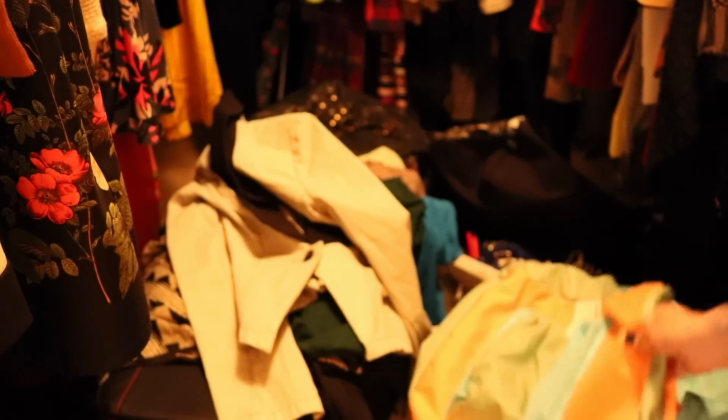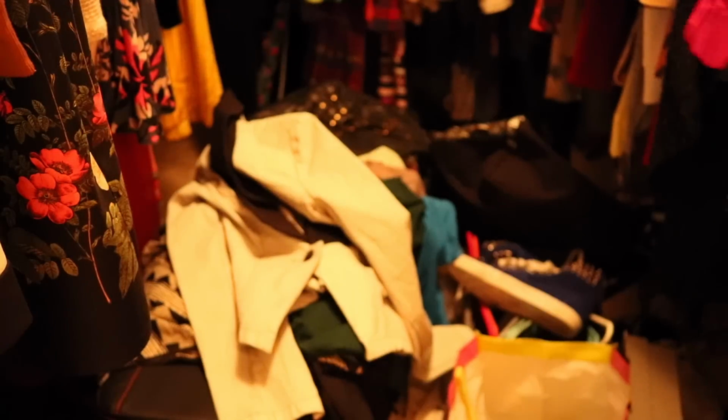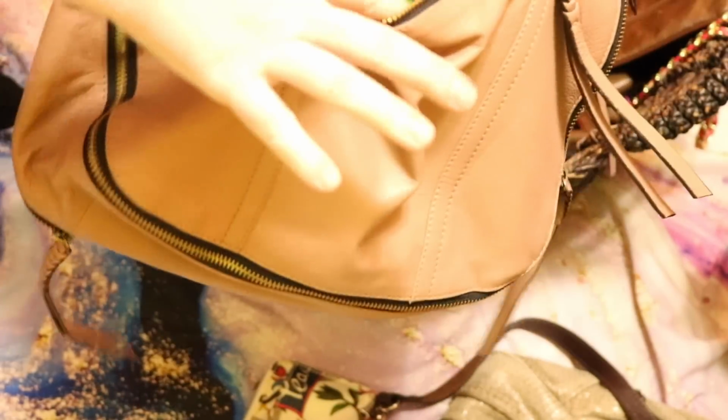Here is my very messy closet, you could call it. It is specifically for Poshmark items, and I realized it was time to sort through some of the mess. So I started to go through handbags,